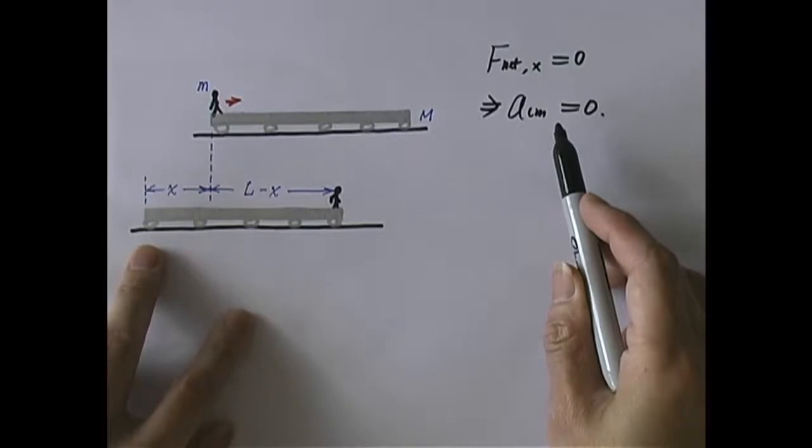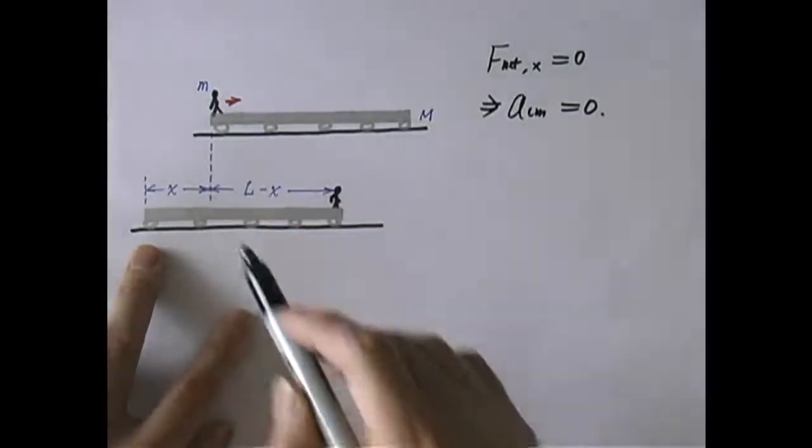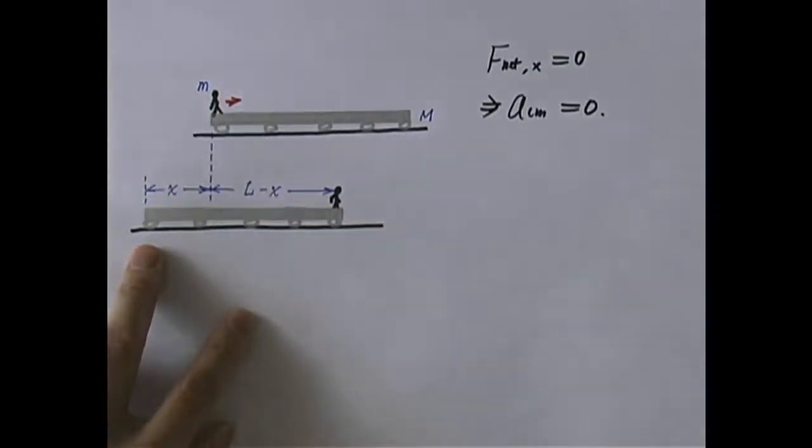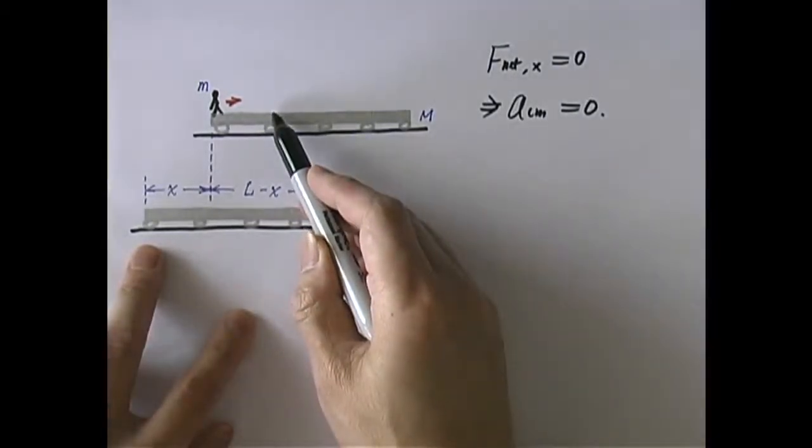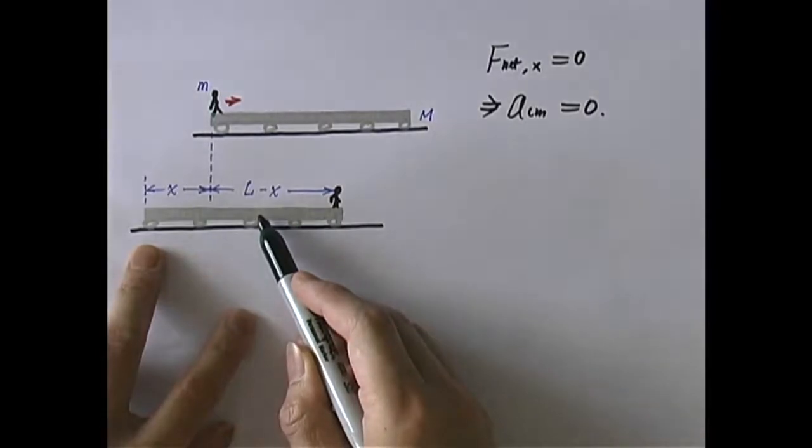It cannot change its velocity. The velocity was 0 to begin with and cannot change, which means the velocity is always equal to 0, no matter how the person or the car moves. The center of mass of the system can never shift. It is pinned. It is fixed. Okay, there we go. We found an equation. What equation? The initial position of the center of mass equals the final position of the center of mass. It's just that simple, right?